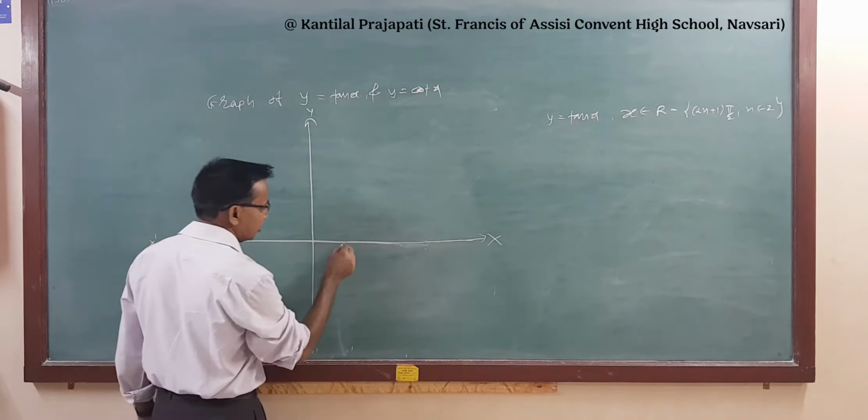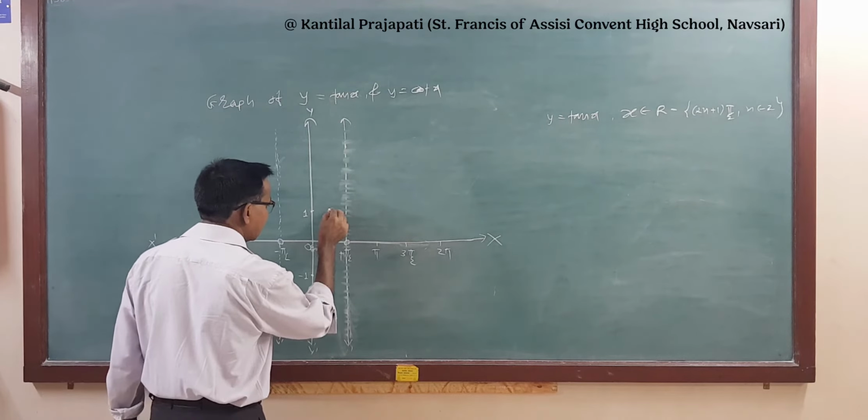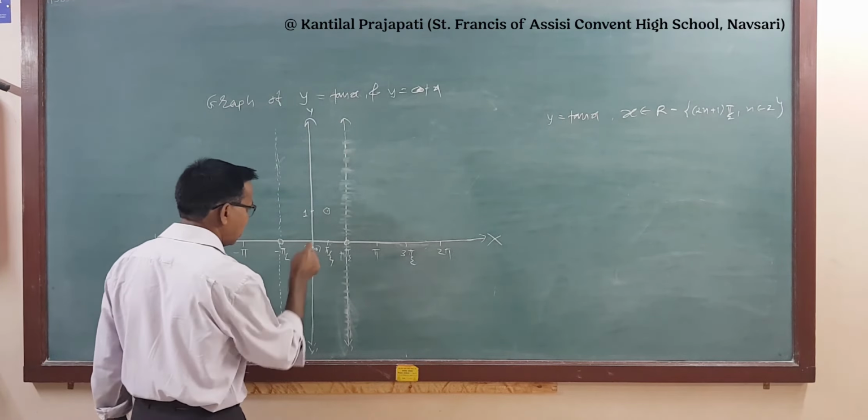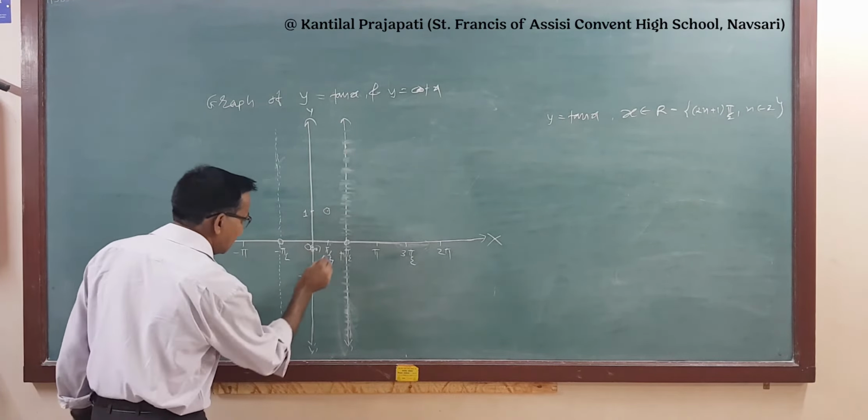Now, what is the range of the tan function? The range of the tan function is R, and it is always an increasing function. So pi by 4, the midpoint of this, this is the origin 0, 0. So pi by 4 here, and tan pi by 4 is equal to 1. We put 1 here, and on this side it will be minus 1. So tan pi by 4 is 1, and this point is on the graph. Similarly, tangent of minus pi by 4 is equal to minus 1. Right. So now we draw the graph like this.